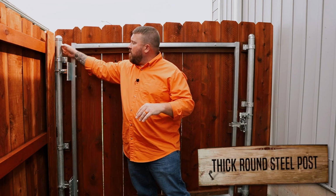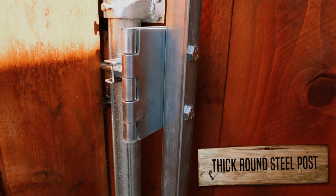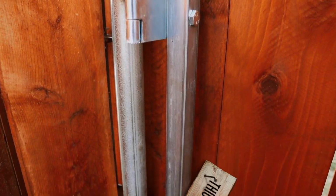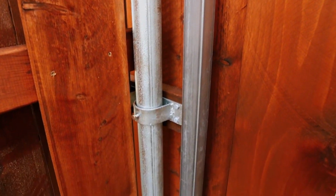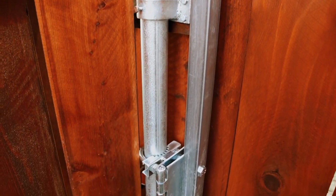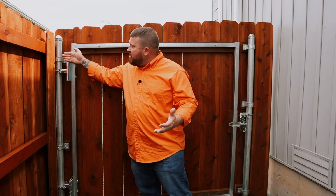Now, we used round posts to accommodate for the way that the gate hinges attaches to the post. And this isn't your normal round steel gate post. This is a Schedule 40, which simply means that it's a very thick wall thickness. It's a heavy duty post because essentially we're transferring weight from the gate frame through the gate hinge into this